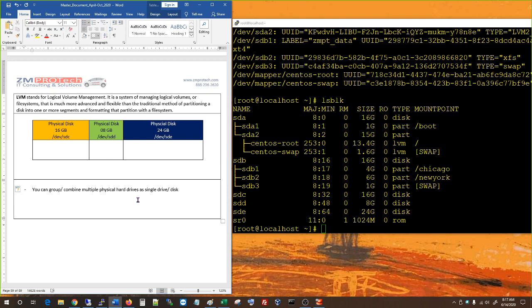Okay, and you can add or remove physical disks as needed,